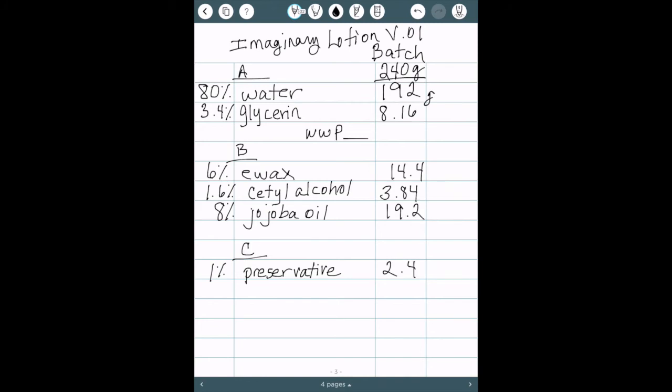Once you have that whole column filled out and your percentages converted to grams, then you're on to the next step. You're on to the fun part, creating your formulation. I really hope that helps